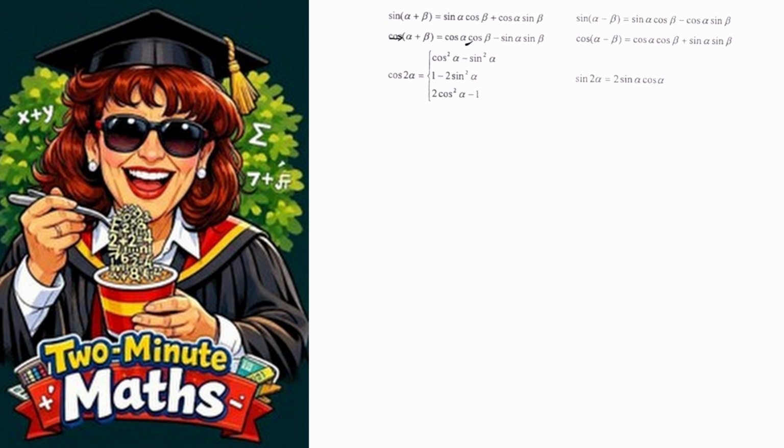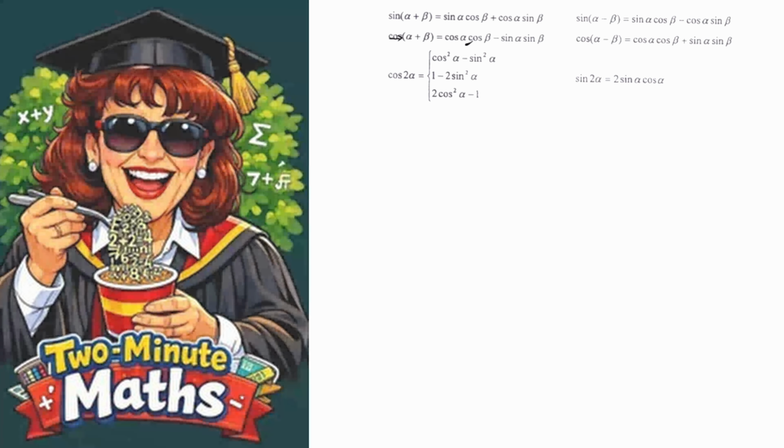We are going to look at compound angles from the Matric Trig syllabus. Here are your 4 formulas, and we're going to learn how to go from the compound angle to single angles and vice versa, from single angles on the right back to the compound angle. Right, so evaluate,